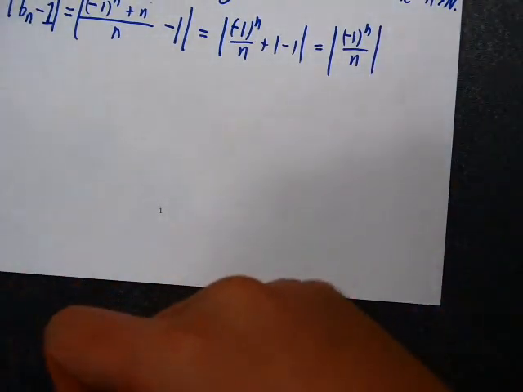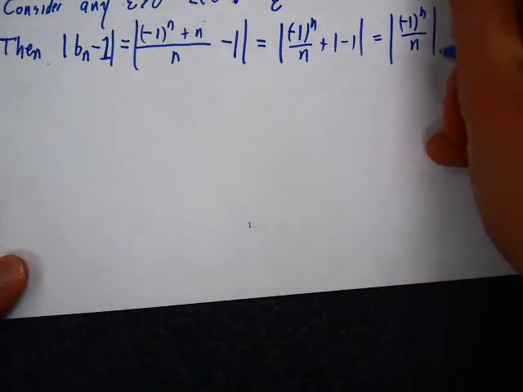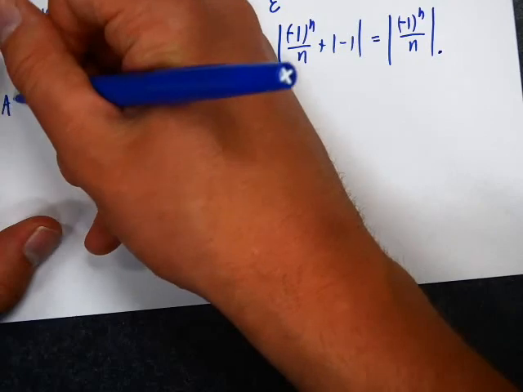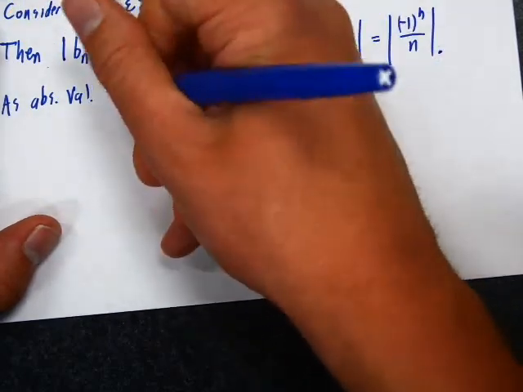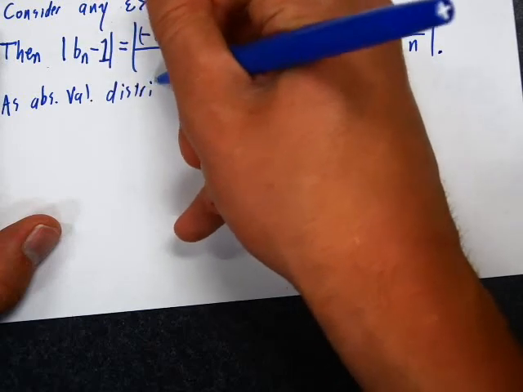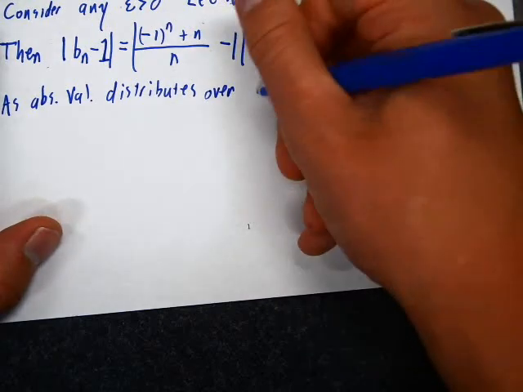So there's just some bits of raw algebra. As absolute value distributes over multiplication,